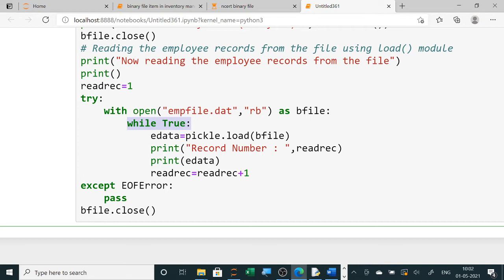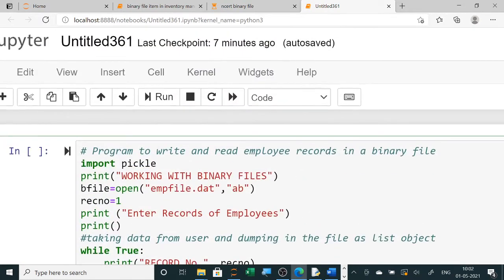Now in this, one by one, normally what happens, it will collect one record and give it to eData. So first record it will print, then the read record will be incremented by 1, then record 2 it will read, automatically the pointer will reach the next one, then record 3 and so on. So when you will run this program